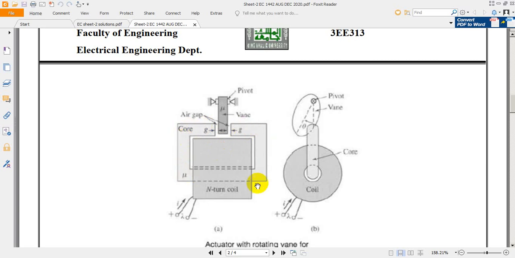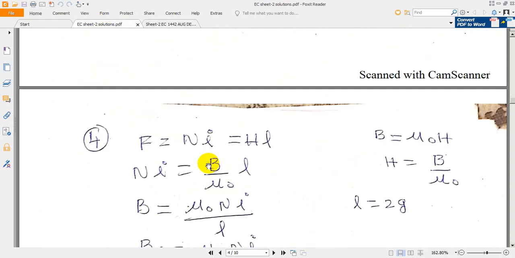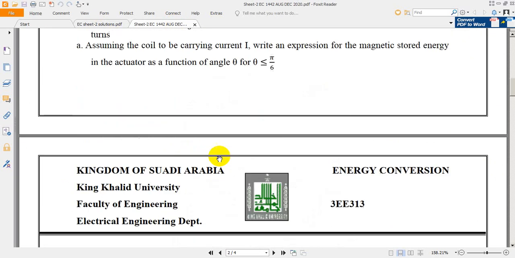The permeability of this core and the permeability of this vane is infinite. So the reluctance value of this and this will be 0. Only the reluctance at the air gap is available. Next, what we need to evaluate, if you see the question,